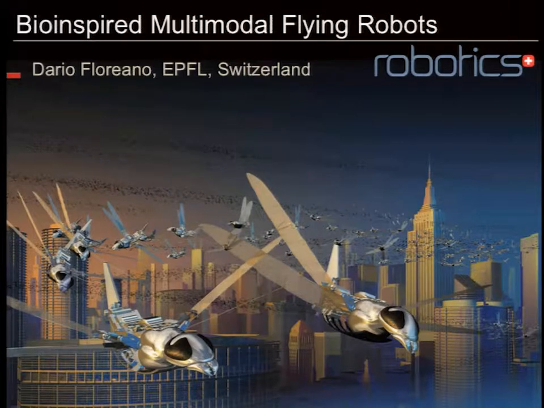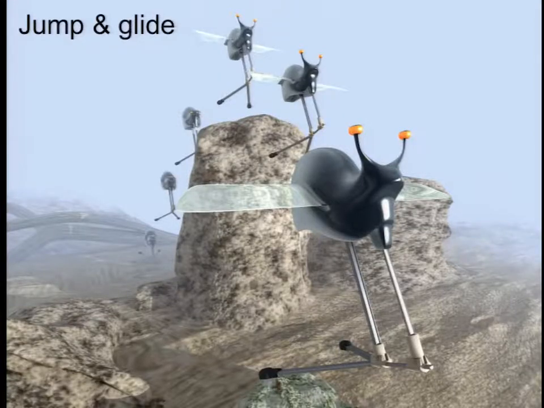Now, designing multimodal robots is very challenging, and the challenge is in minimizing the cost of transportation in the robot when it displays the different modes of locomotion. That's not a trivial thing to do, and I will show to you how we try to improve things over time. One of the very first examples of multimodal flying robots that we did was robots that can jump and